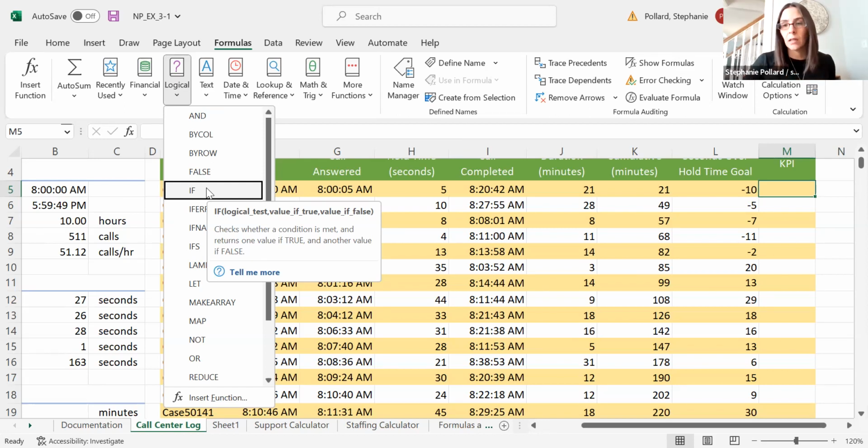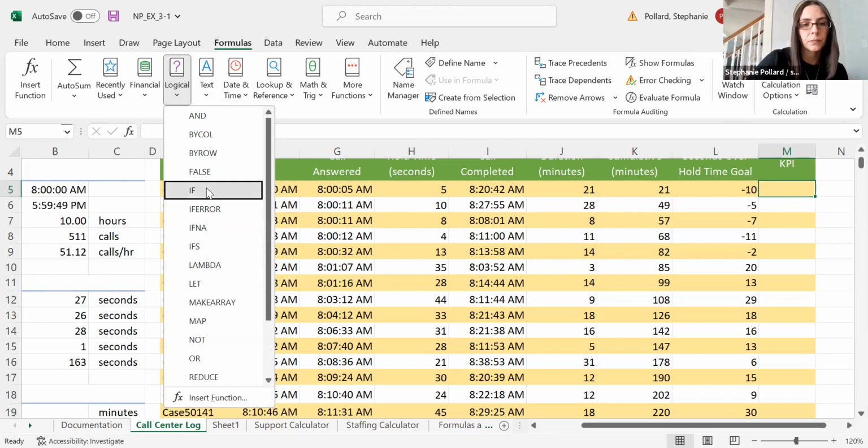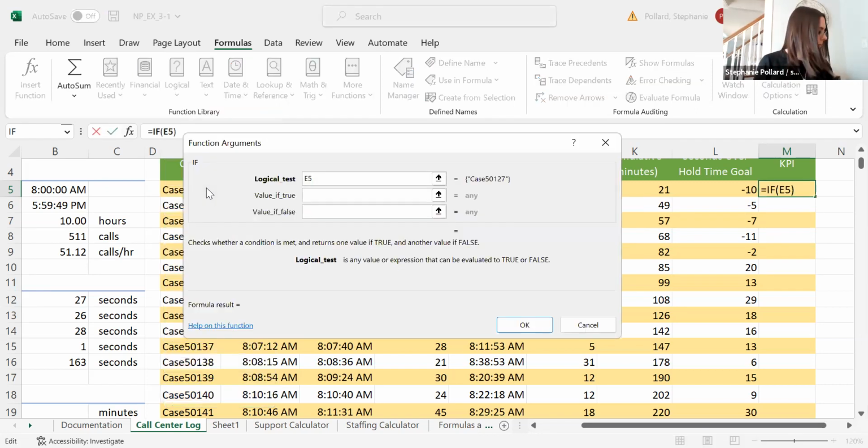So you're going to tell Excel what you want the condition to be. And then you're also going to tell it what to input into the Excel if the answer was true or if the answer was false. So you have to tell Excel what to input into that Excel, right? What do you want it to say? What do you want it to do? So I'm going to go ahead and use this feature. All right, so I want to go ahead and